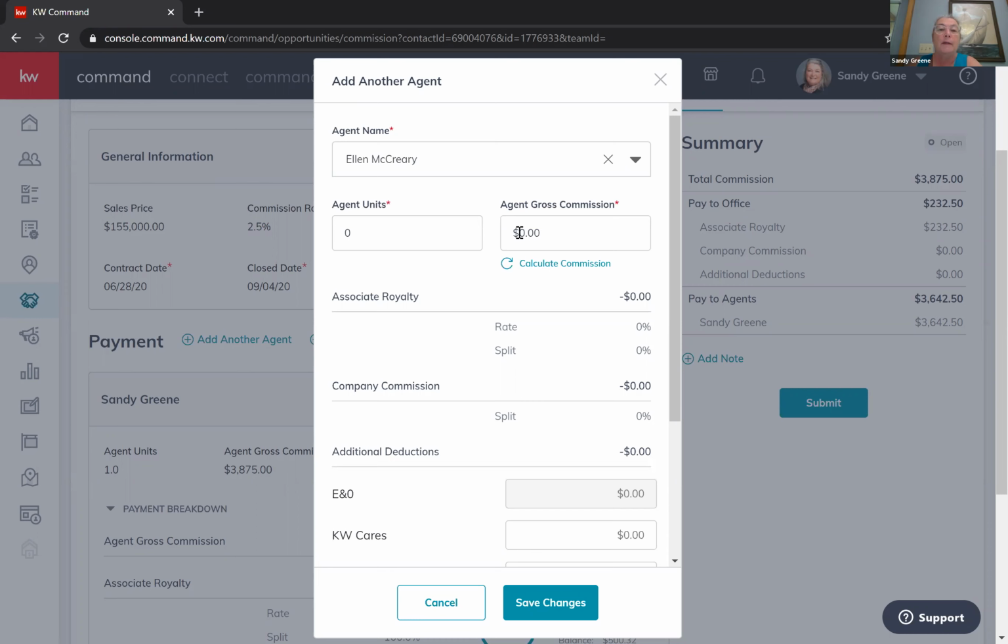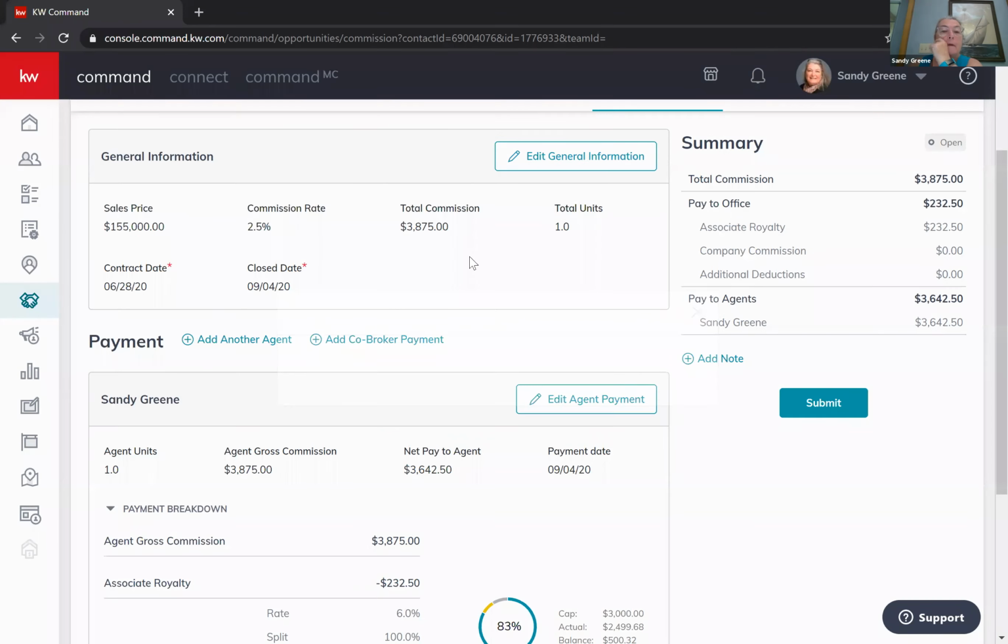All you need to put in here is a name. So I can put her in there, and then I can put her unit is 0.5. She would get half, and then it's going to calculate the commission automatically. So I can hit save changes, but I'm not sharing this with her, so I'm showing you an example. So the commission is broken down. It's a 2.5% commission on 155,000. I have the total unit, and